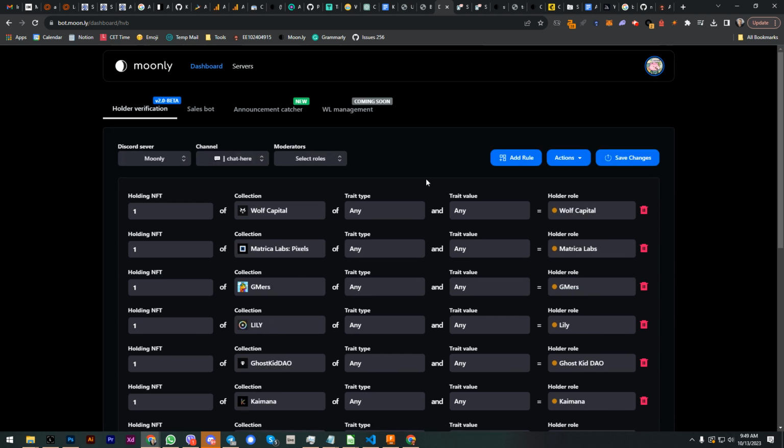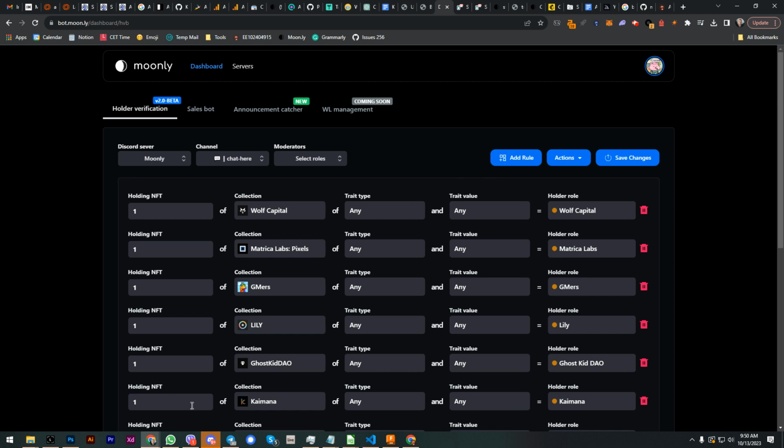Why would you use this? Basically, you can see what holders you have in your Discord before you even mint, or even in case you don't want to mint. If you're just a DAO, you'll be able to see, okay, do you have Okay Bears holders, do you have, I don't know, Mad Lads holders or whatever out there. So that's a very cool feature and interesting to know in your community who is who. It can be engaging, especially